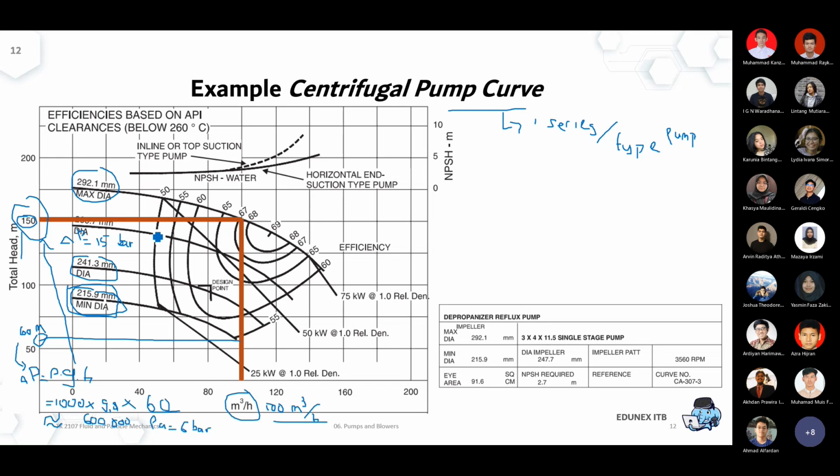Okay, when you don't need that much head or that much pressure differential, then buy another pump that has a different pump curve, maybe something around this region. At lower capacity or lower head, that will give you a smaller pressure differential based on your needs.